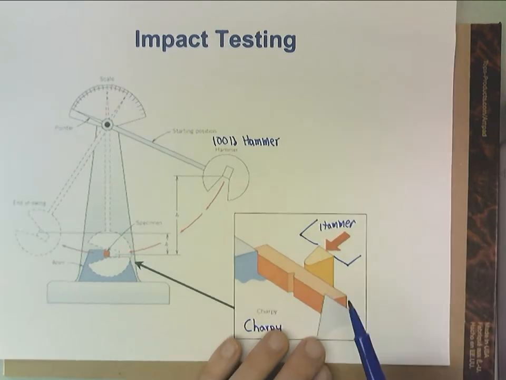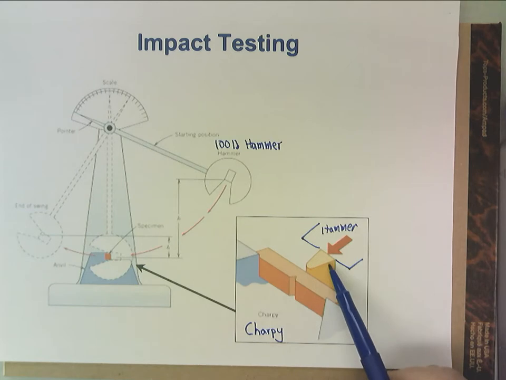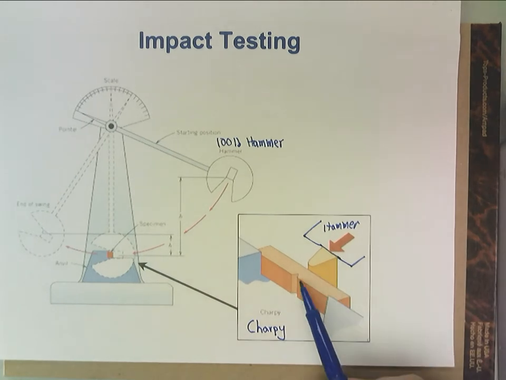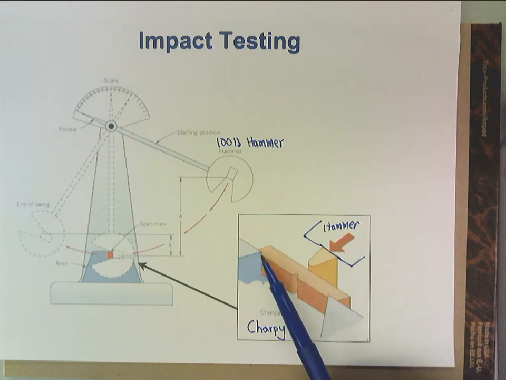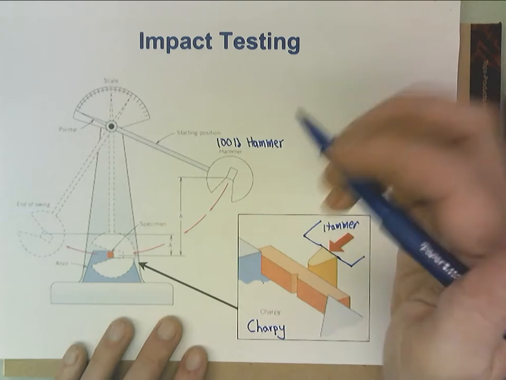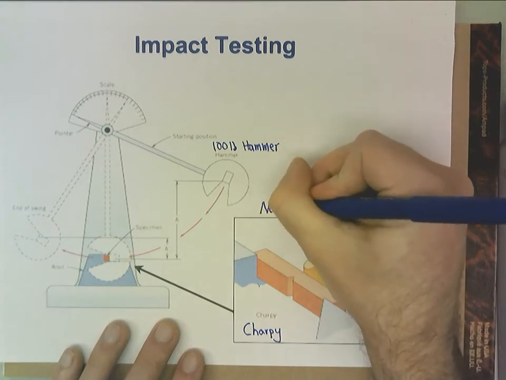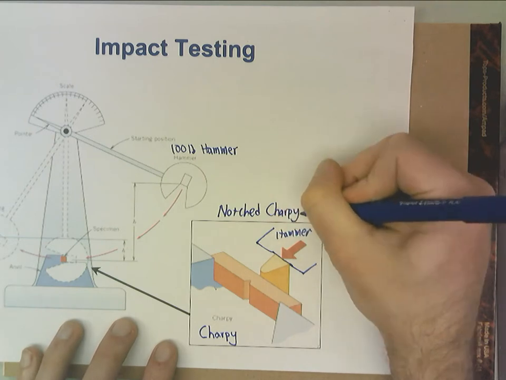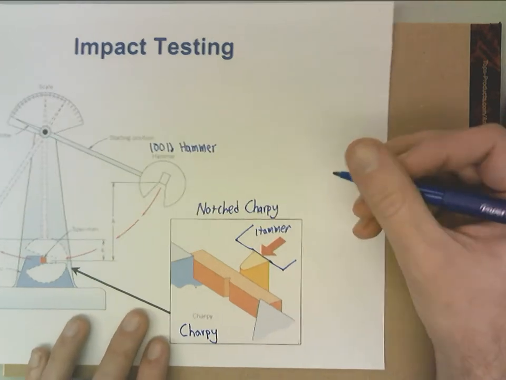So here's our hammer. It has a curved impactor, excuse me. I guess it's going to leave an indent probably. Anyway, it strikes a sample that is 10 millimeters by 10 millimeters by 55 millimeters with a specifically designed notch in it. And so this is called a notched Charpy, named after some guy,